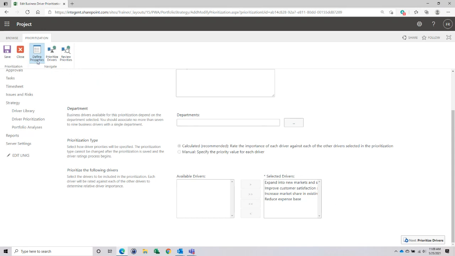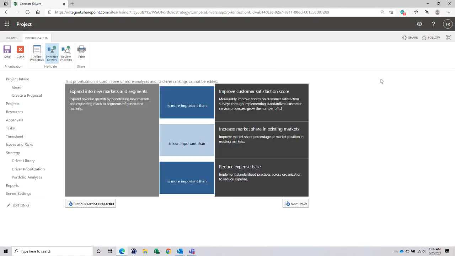And so you'll see up here in the ribbon that first you define the properties, you then prioritize the drivers, and where we actually started out, due to the fact that this one was pre-built, you then review the priorities. You can either use the navigation at the top, or there's a navigation in the bottom corner that indicates next we're going to prioritize the drivers. So if I prioritize the drivers,